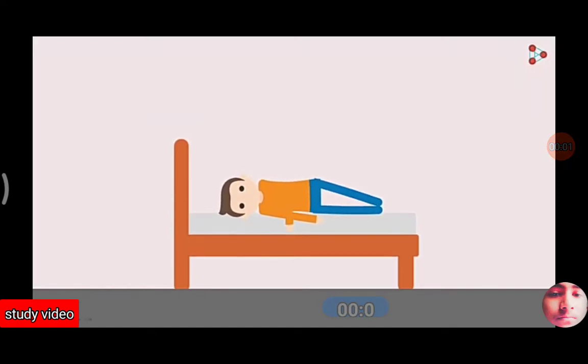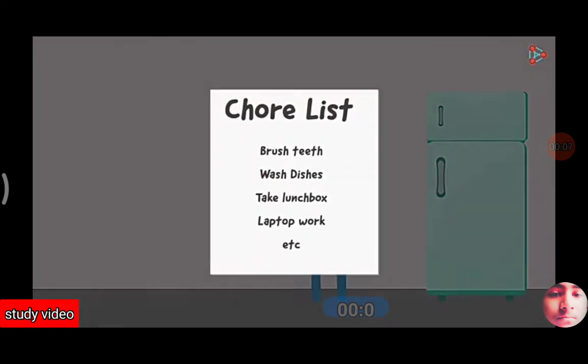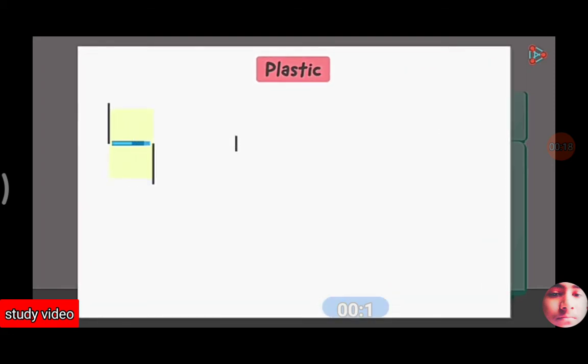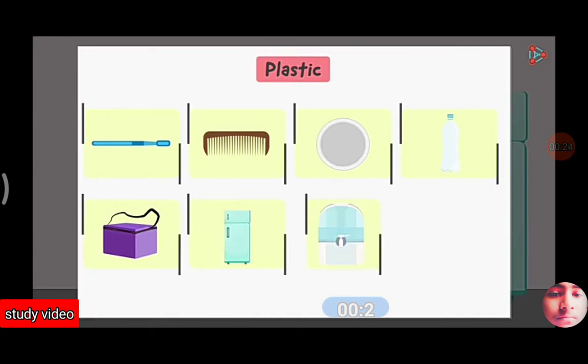We wake up early in the morning and start with our daily chores, we depend on various items. You may say there are many in the list. Yes, but most of the items used by us are made up of a single material collectively known as plastic. Yes, the toothbrush handle, the comb, plates, bottles, lunch boxes, bodies of refrigerators, water purifiers, laptops, and so many other articles. The list would be endless.